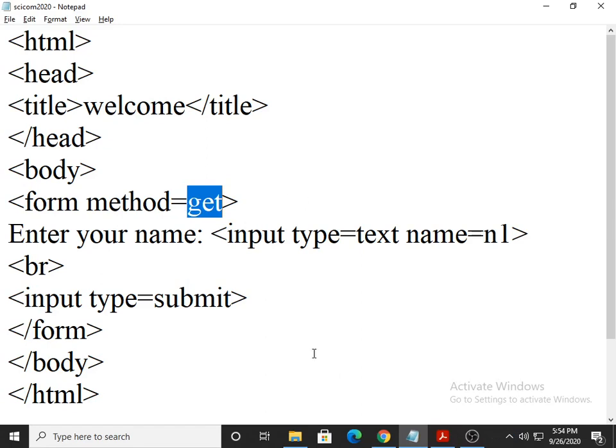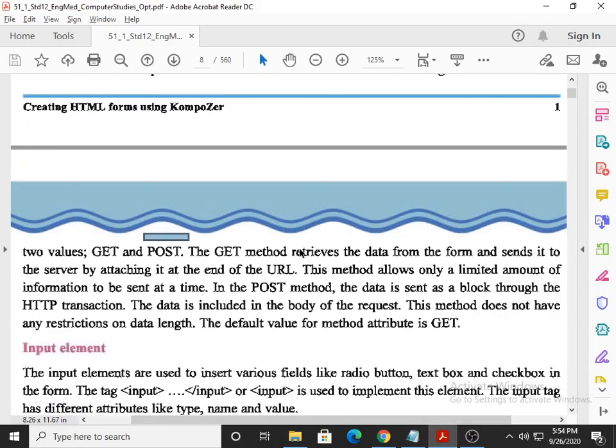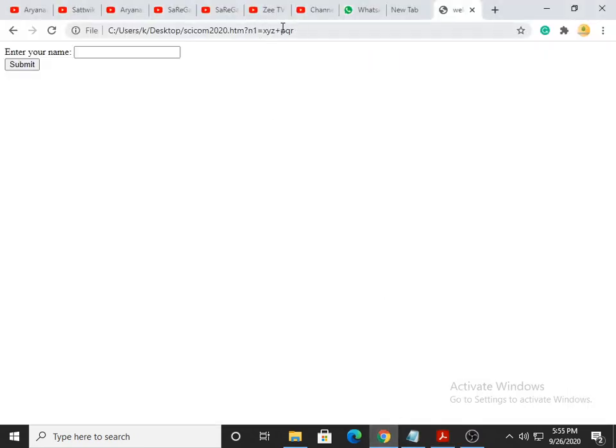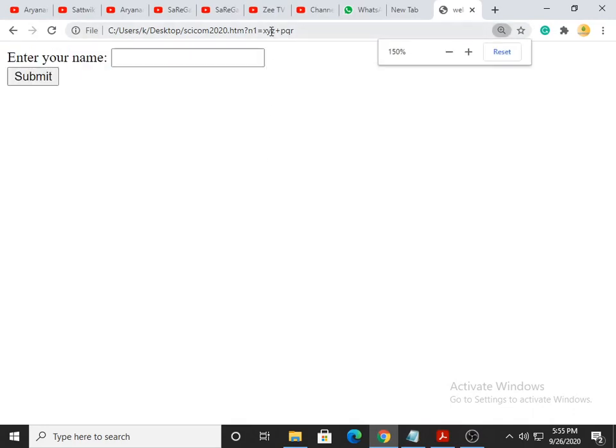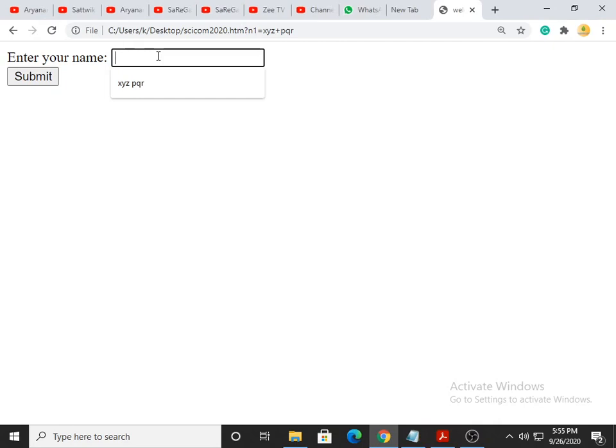Now, what are the characteristics of get method? Let's read. The get method receives the data from the form and sends it to the server by attaching it at the end of the URL. See, this is at the end of the URL. Get method allows only a limited amount of information to be sent at the same time. Get method will transfer 256 characters